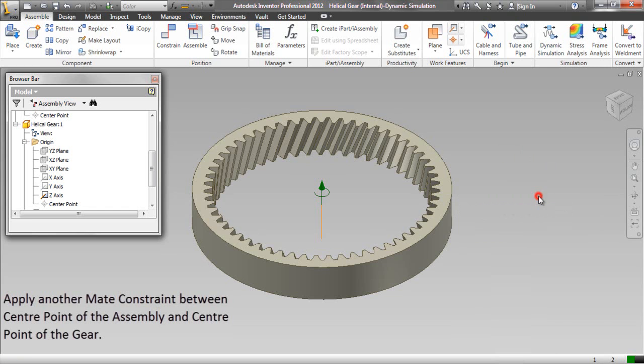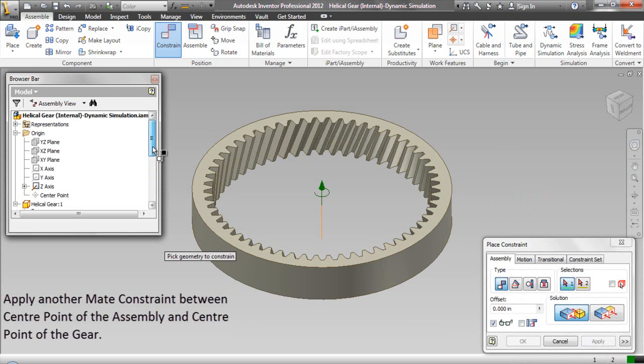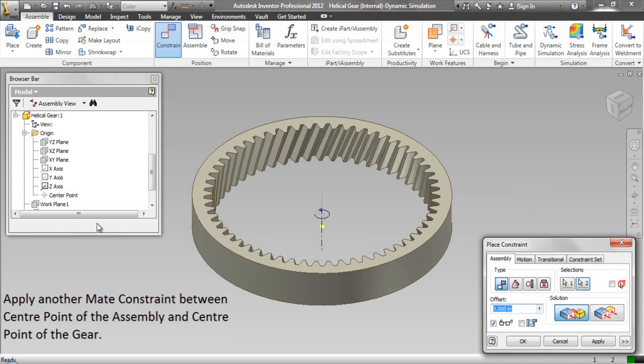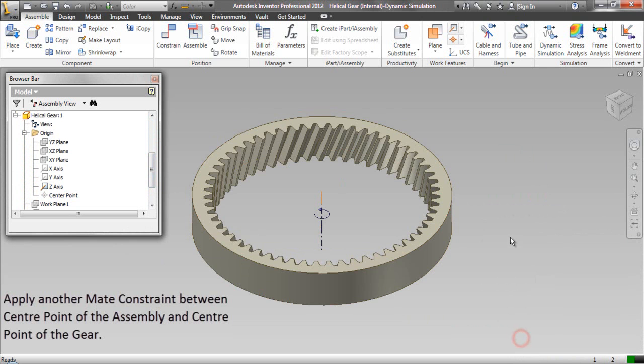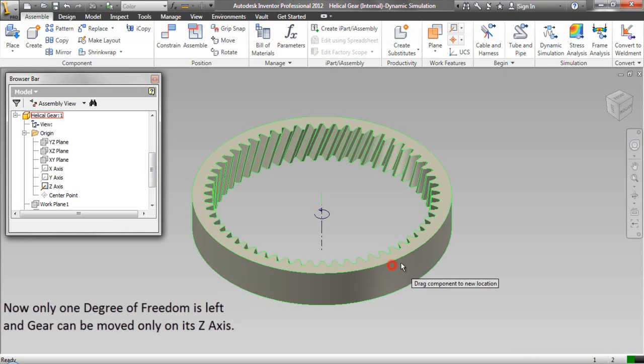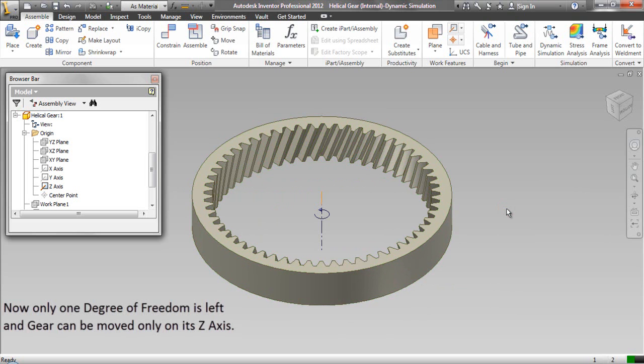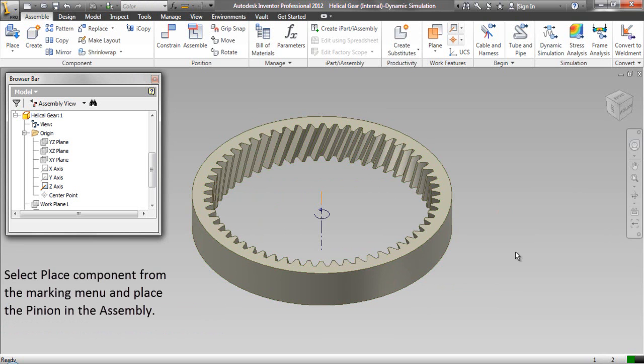Apply another mate constraint between center point of the assembly and center point of the gear. Now only 1 degree of freedom is left and gear can be moved only on its Z-axis.